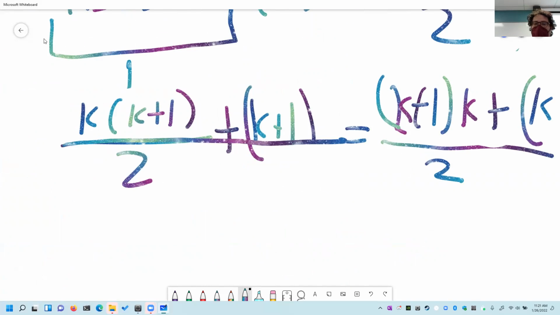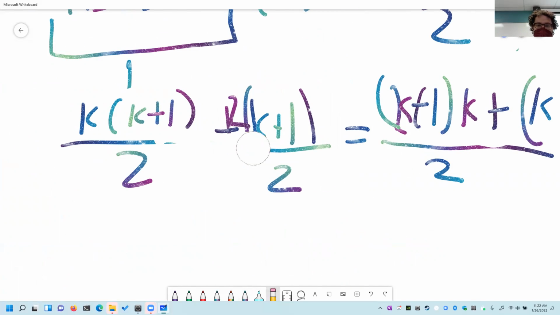I am going to go ahead and put this all over one denominator. To do so, in order to add them together, I have to make it a factor of 2, right? Which means multiplying this by 2. All I've done is an overcomplicated way of multiplying this by 1, right? So now I can rewrite this as